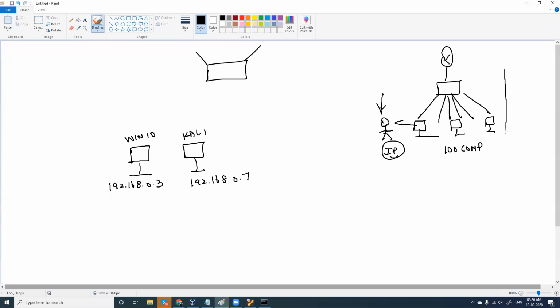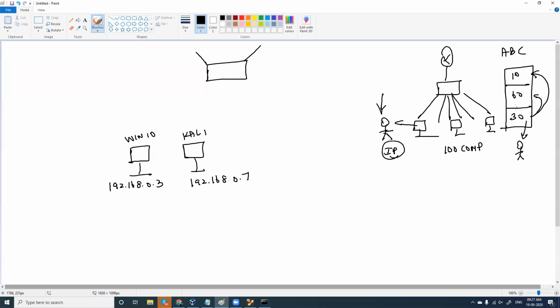And I also gave you this example. All these 100 computers, this company called ABC, it's like a two-story building here. We have 30 computers here, we have 60 computers here, and we have 10 computers here. And you are sitting here on the ground floor. When he is asking how many computers are on, you cannot physically go to all the floors and check how many computers are on.